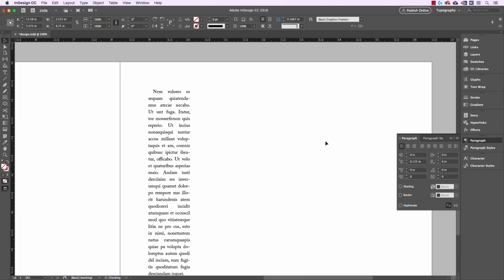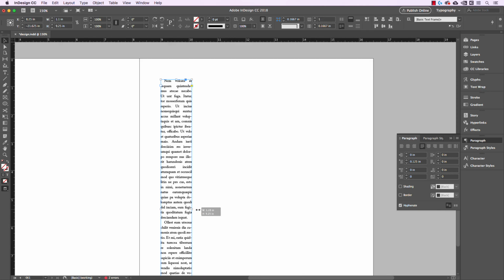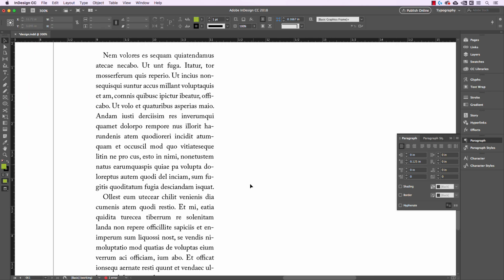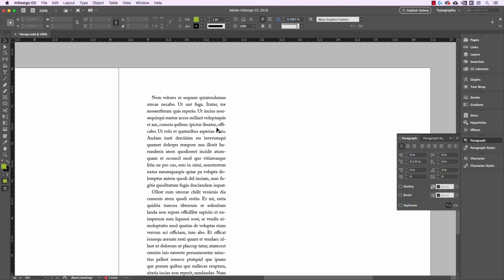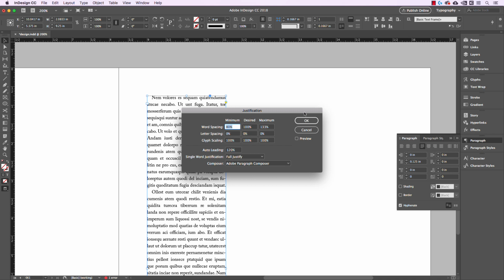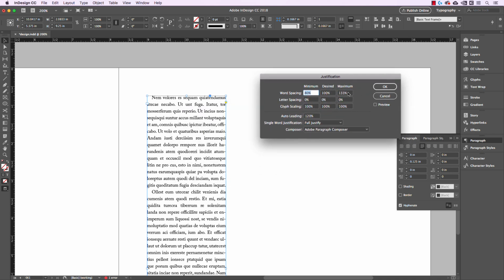Okay, so let me delete this wider column and let's just use a regular column, kind of a normal width. Okay, and this is what it looks like with just hyphenation turned on. Let's go ahead and select this, and in this little drop down menu next to the paragraph panel, we're going to go down to justification. Okay, this is going to open up a separate window, and these are the different rules that InDesign uses in order to decide how the